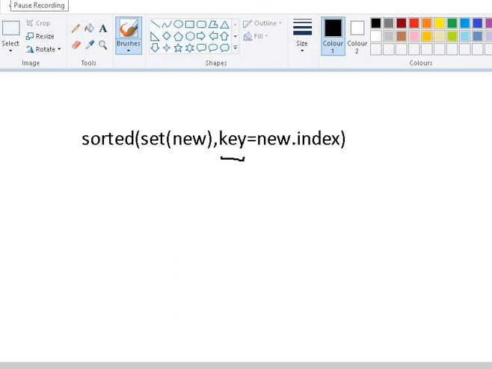I want to sort this key, new. I want to sort it based on the index. What is the index? If you find out what the index is, then you will understand how we did it. Index means basically the first value, guys.